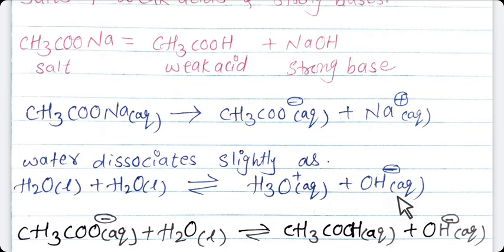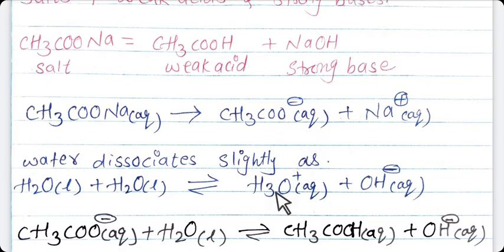Sodium ion of the salt has no tendency to react with OH minus ion of water, since the possible product of the reaction is NaOH. Means when sodium reacts with OH minus ion, it produces NaOH. So Na plus ion does not react with OH minus ion because it produces NaOH, which is nothing but a strong electrolyte. On the other hand, acetate ion, CH3COO minus ion of the salt,